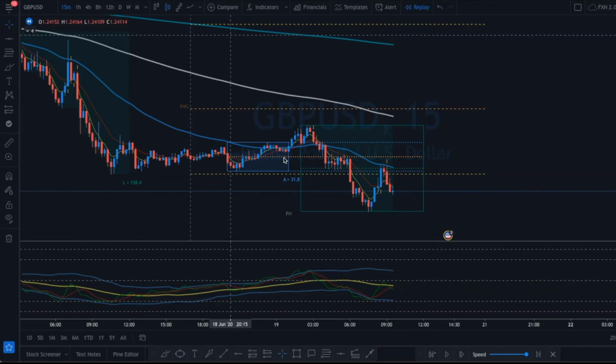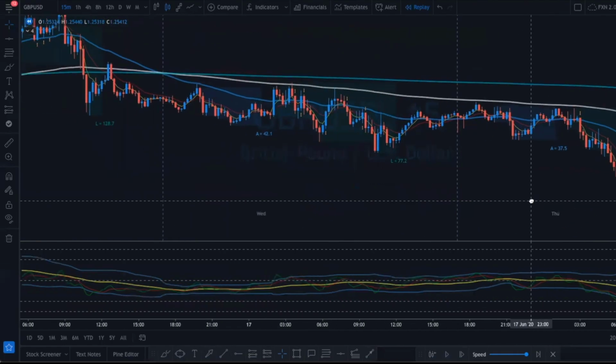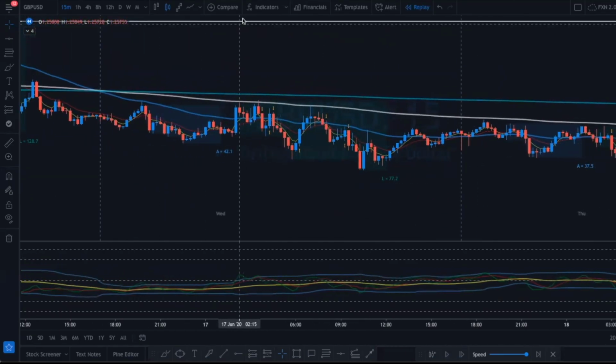If you have price action that moves within, let's say, the box here, let me find one here. So if you have something like this where price action moves,